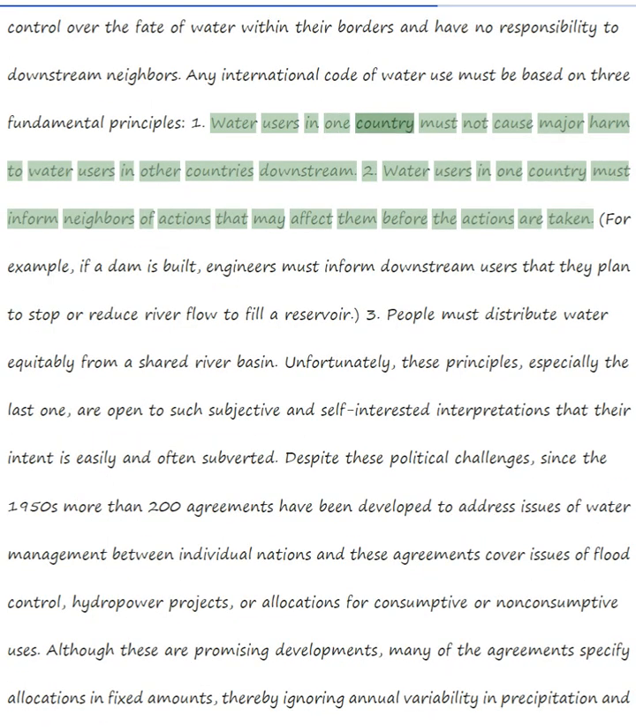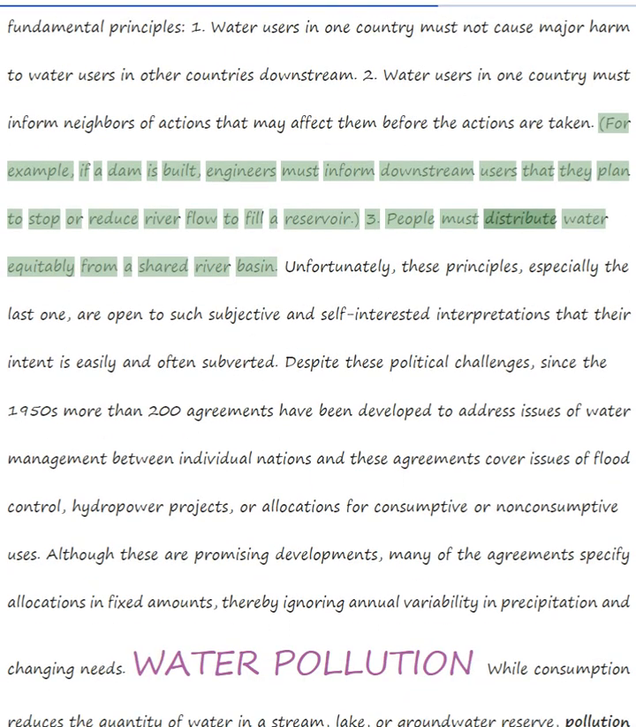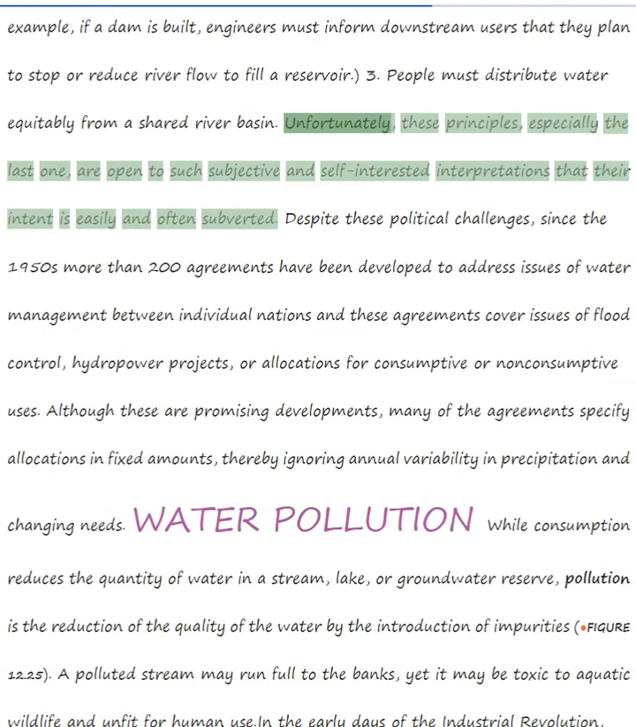Water users in one country must not cause major harm to water users in other countries downstream. 2. Water users in one country must inform neighbors of actions that may affect them before the actions are taken. 3. People must distribute water equitably from a shared river basin. Unfortunately, these principles, especially the last one, are open to such subjective and self-interested interpretations that their intent is easily